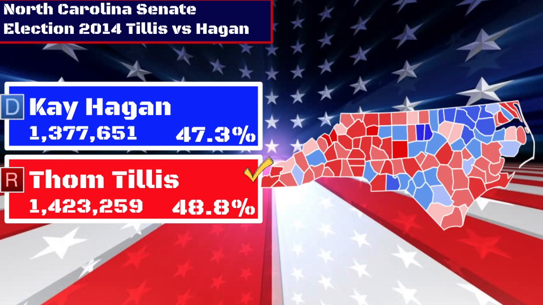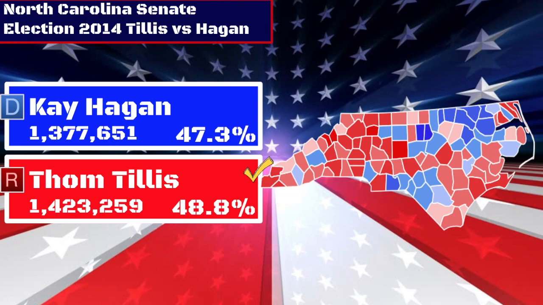So this is the 2014 Senate race between Thom Tillis, where he was elected, versus Kay Hagan. This is a very, very close race in which Thom Tillis did win with 48.8% of the vote to Kay Hagan's 47.3% of the vote. Now, I'll be talking about this more in a few minutes, but what's interesting about this was that Thom Tillis was supposed to lose this race based off polling data. Kay Hagan had a lead in polling data by about 2 or 3 points, I believe, and Thom Tillis was